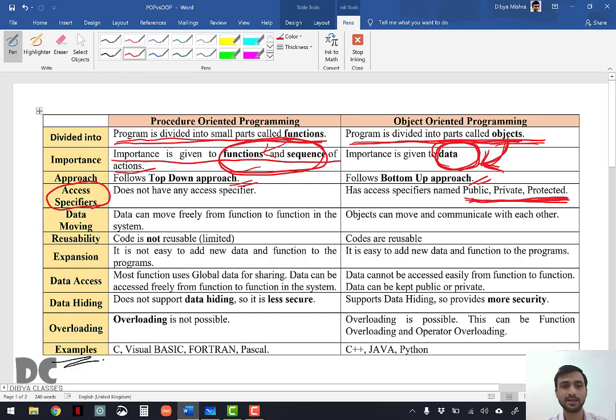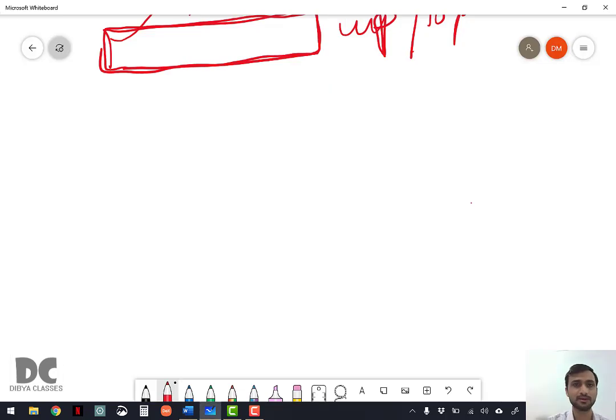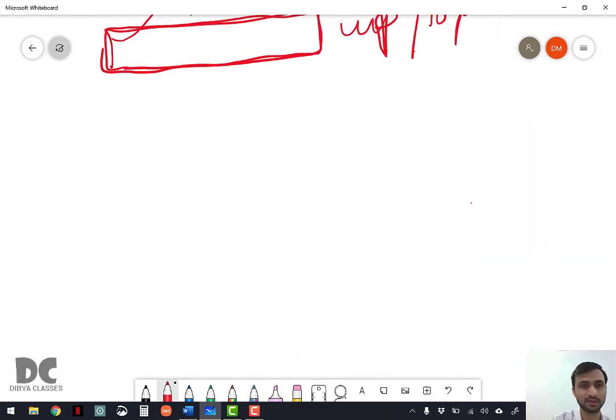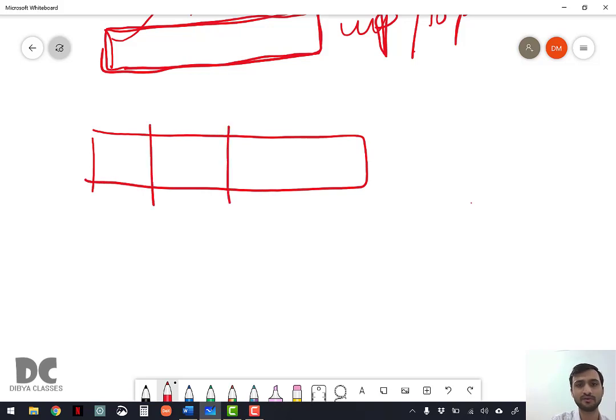Data moving. Data can move freely from function to function, while in OOP objects can move and communicate with each other. Okay, so how data flew from function to function? In POP it was a big machine with 4 different functions: mixing, freezing, cutting and packing.